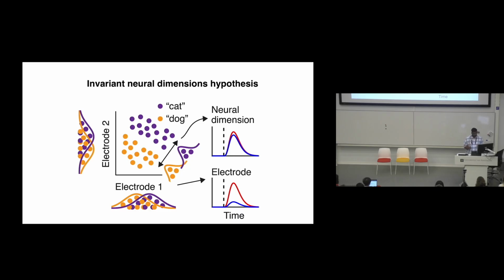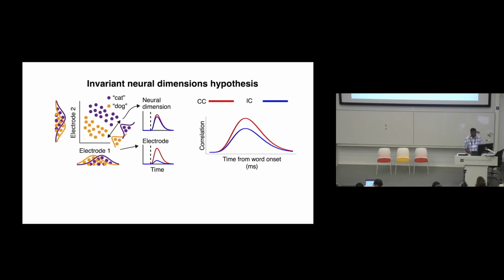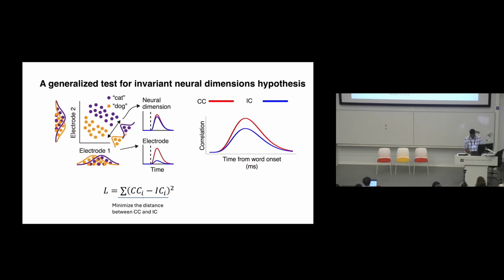I just want to note that this looks remarkably similar to LDA. We are trying to learn a set of weights along a dimension to separate them. While the intuition is the same, the way we do this is very different because we're working with the IC, invariant correlation, and ceiling correlation quantities. So how do we learn this? We do this by optimizing an objective function, which we set up, and then we optimize it using gradient descent. Our first target is we want the CC and IC to be close to each other. The closer they are to each other, the more invariant the response is.